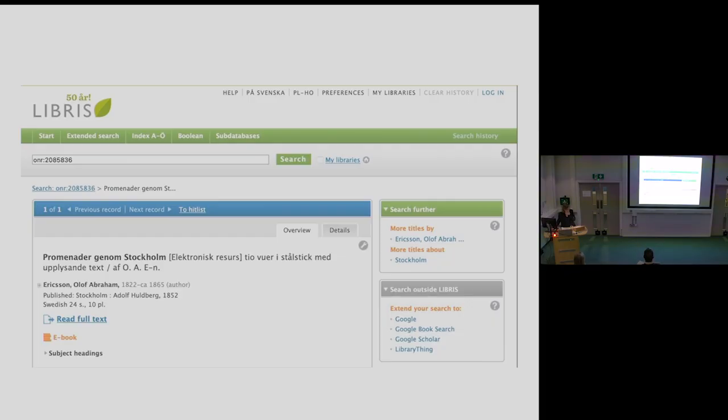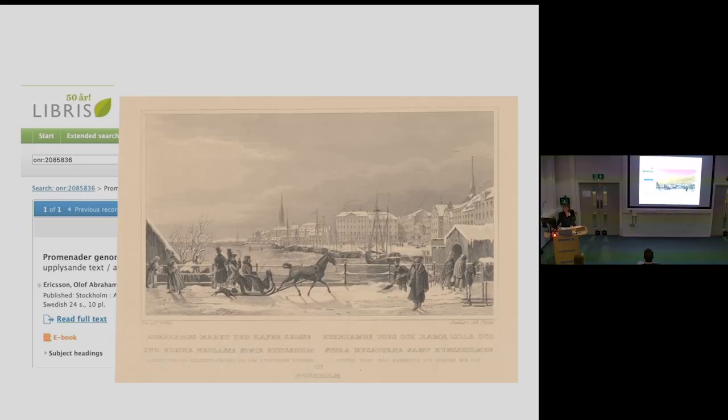pictures. But looking at the object itself, it's evident that the images have been produced through a collaboration between 4 different artists and photographers and 2 lithographers and 5 different printmakers and publishers. And none of these personal names or businesses' names appear in the catalogue. Neither is there any information on what the images depict. So from the title, one can deduce that the book contains images of the city of Stockholm, but that's not